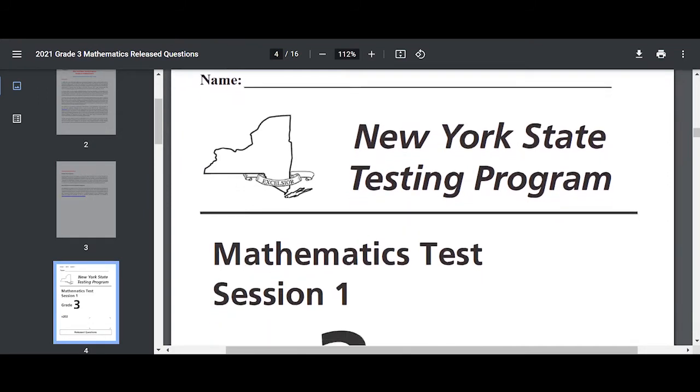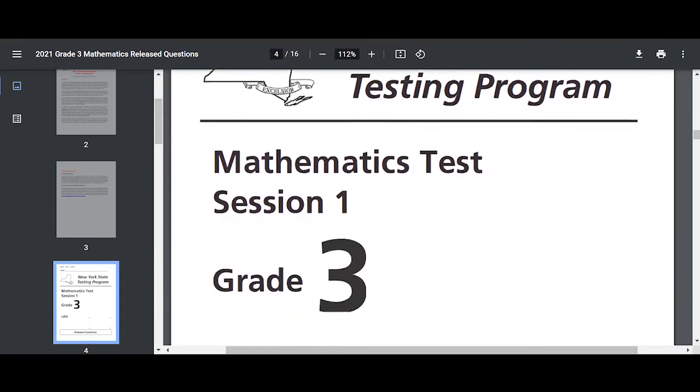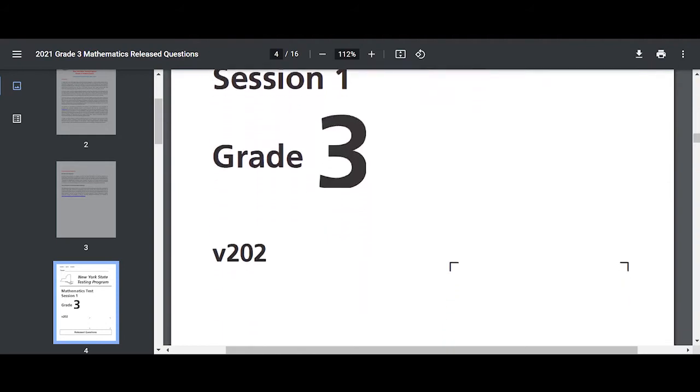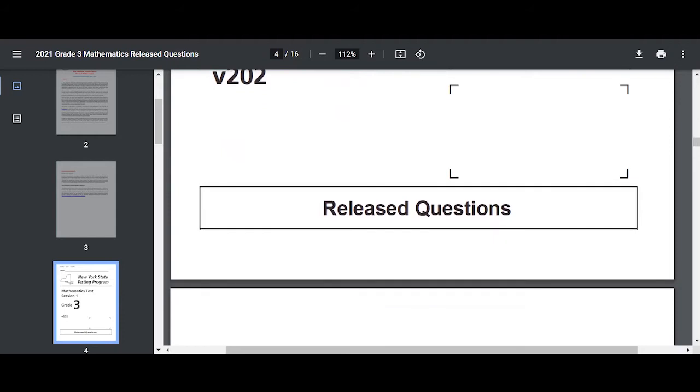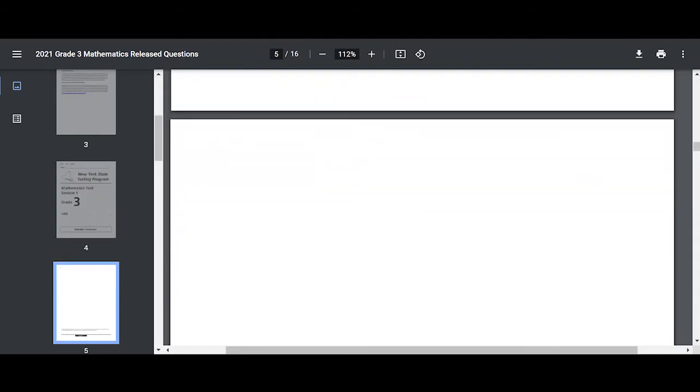Of course, you're writing your name first and last. And this is session 1. Session 1 contains all multiple choice questions. Today, we're going to be looking at all the questions and we will solve one or two of the problems